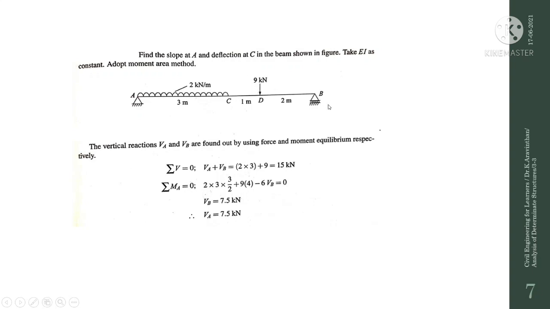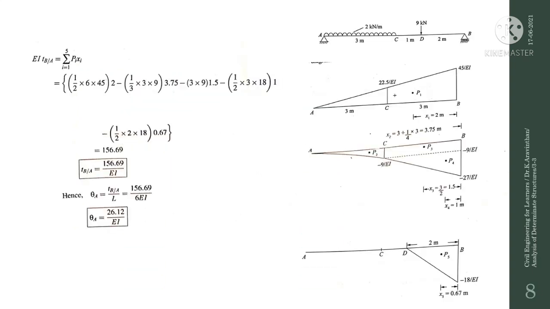So for all the loads and reactions we have taken, if you want VB, you can take the remaining outside, and if you divide by 6, you will be getting VB as 7.5. If you substitute VB here, you can find VA, and VA is also 7.5 kilonewton. Okay, after finding this, we have found the first thing and our reaction is known.